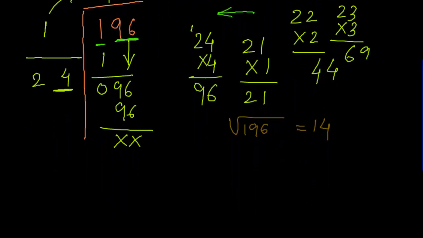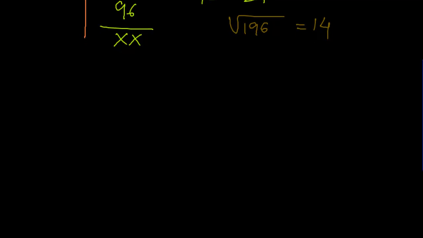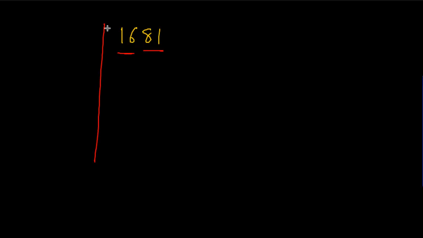Now let us take another example. Suppose the given number is 1681. Now you will have to form the pairs again. This is the first pair and this will be the second pair. So now you have to choose some number over here such that